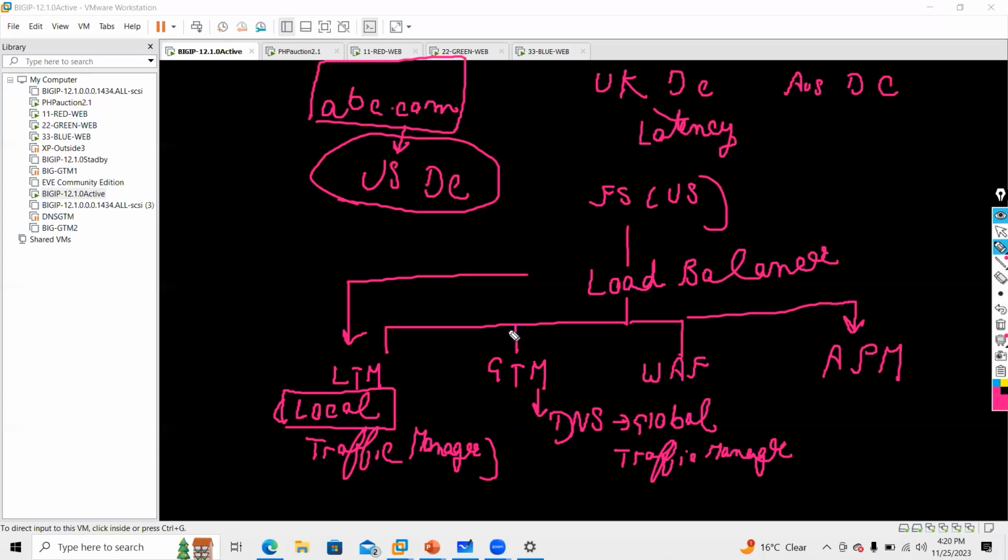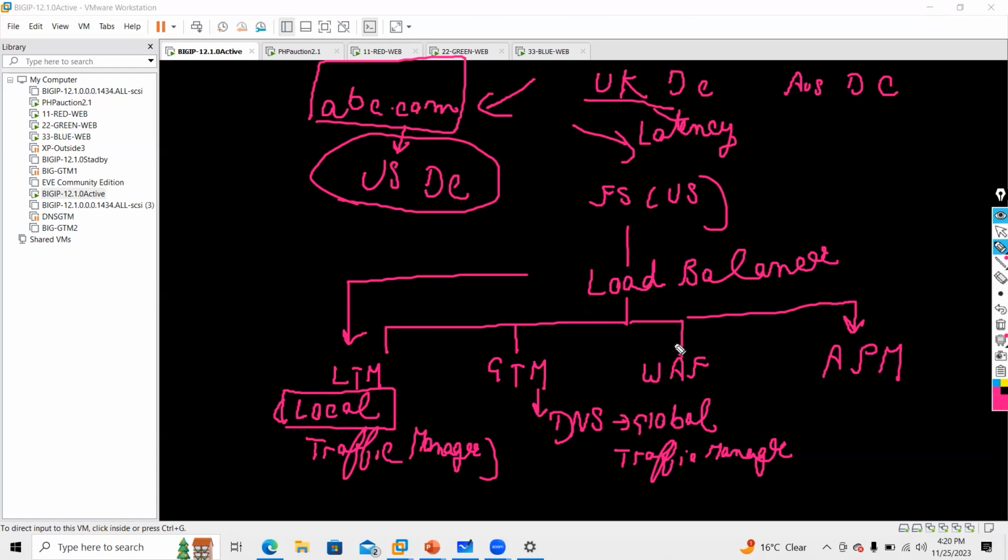So what GTM can do is, this is called global. You can load balance your application globally. If you're sitting in US, you go to the US data center. If you're sitting in UK, your application will be hosted in the UK data center. That is called GTM, Intelligent DNS Resolution, guys. That will really help you in getting your concepts clear.